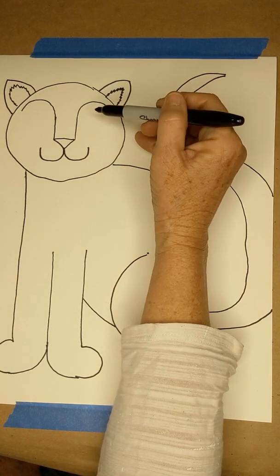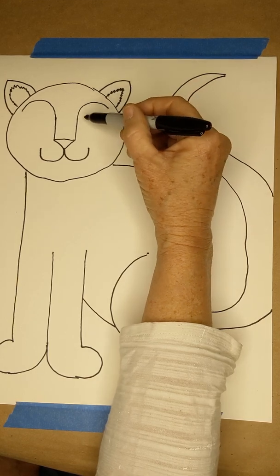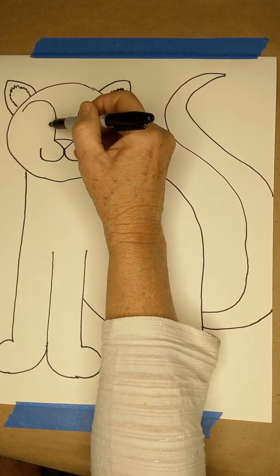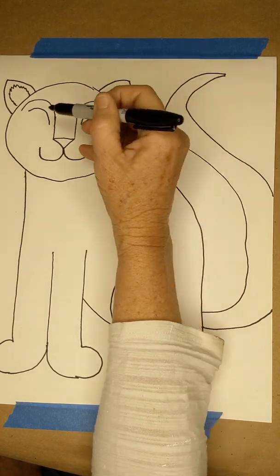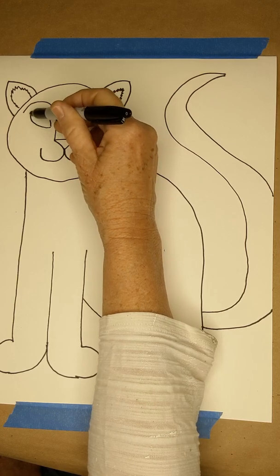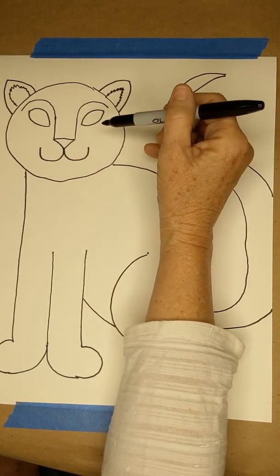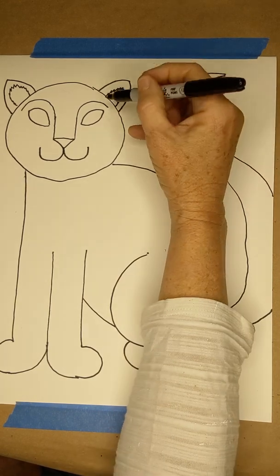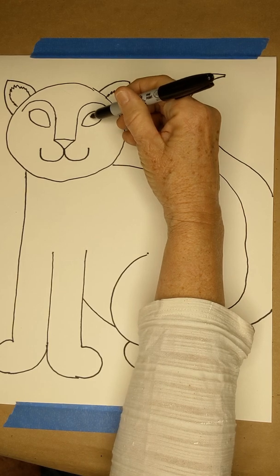You can do round eyes. You can do diagonal eyes. I'll show you these ones I'm going to do. Curve up, curve up, curve down, curve down. You'll notice they're kind of at an angle, but if they're not at an angle, they'll still look really, really cute. Okay. Next, we want to put an oval shape in the middle that's pointy on the top and bottom,